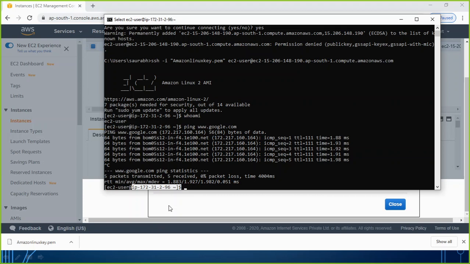Whatever you want to do, you will be able to do from there. Being a cloud solution architect, your task is to make the EC2 instance and provide this SSH command to the user so that he can access it. Once he accesses it, he knows how to use Linux and what his task is to do on Linux.